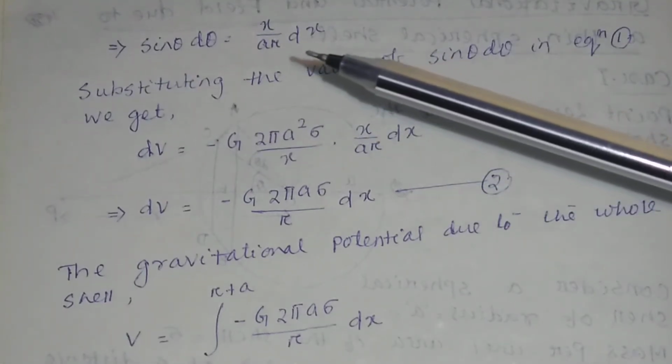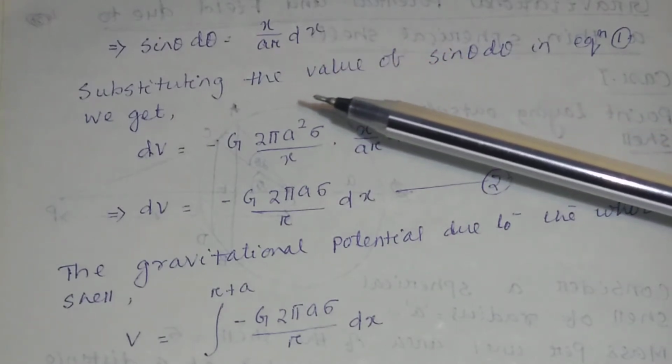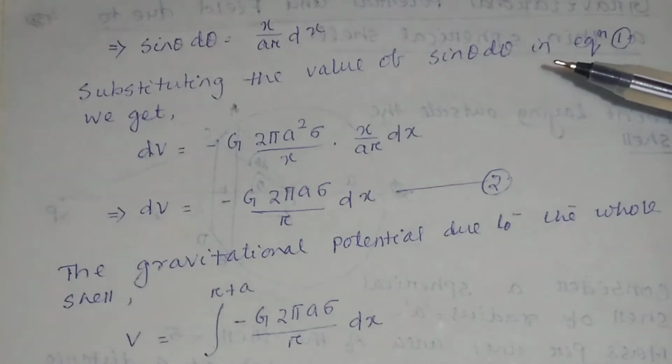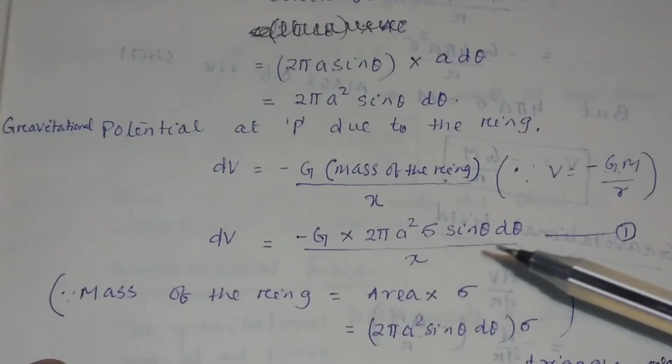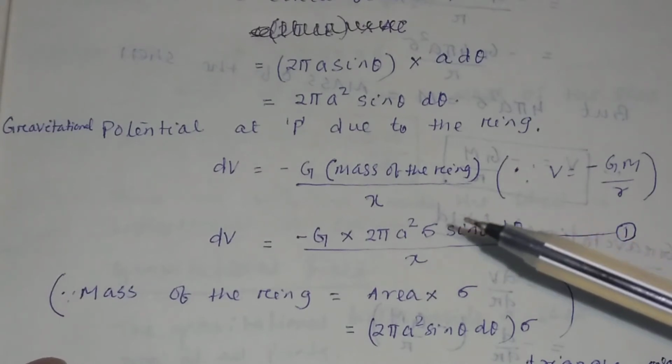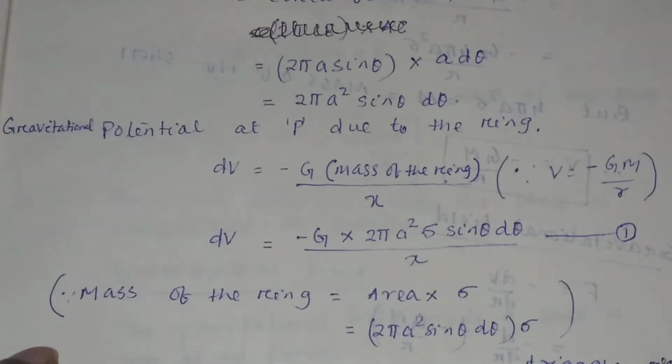So sin theta d theta will be equal to x divided by ar into dx. Now you substitute the value of sin theta d theta in equation 1. So this is your equation 1, and you substitute the value of sin theta d theta here, so that you will get